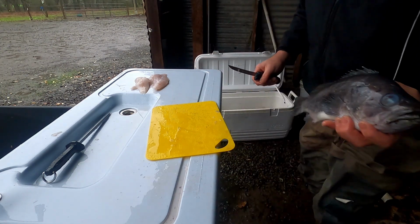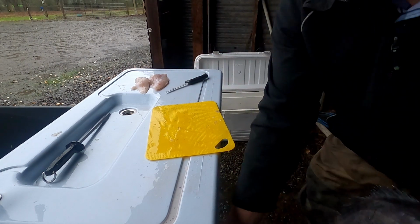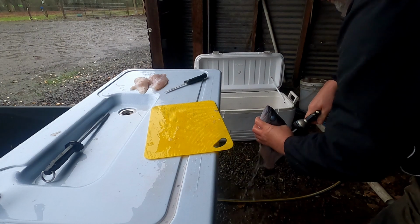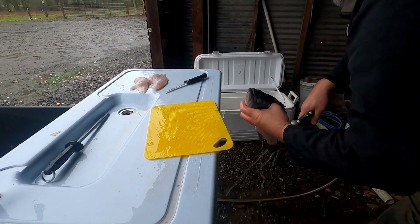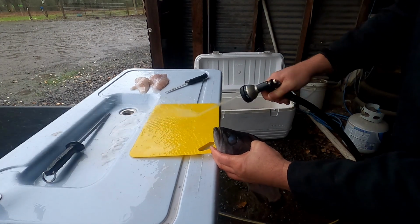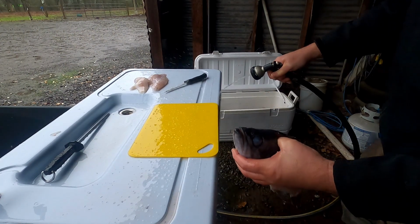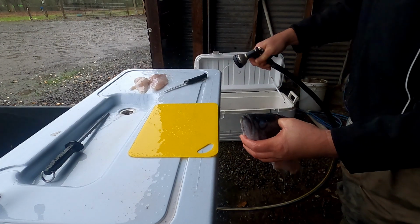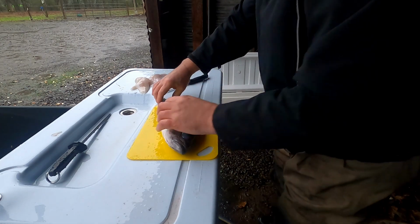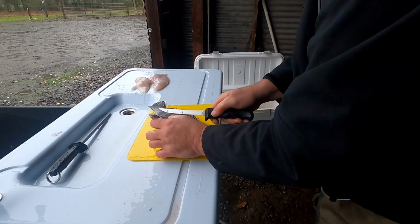Oh, so that one fell with the scale side down, so I'll just rinse it off, get all the dirt off of it. And I rinse these fillets off before I put them in the bag too, just get all that nasties off of them. But